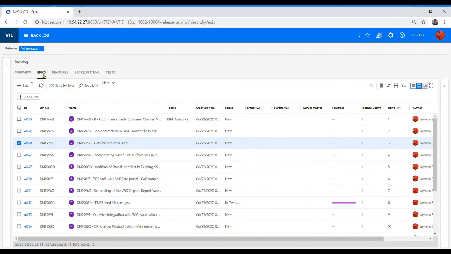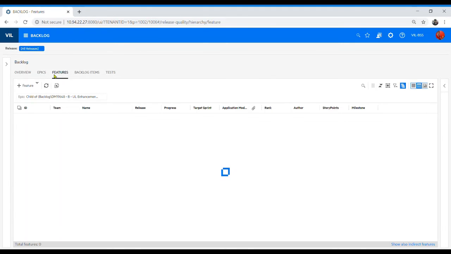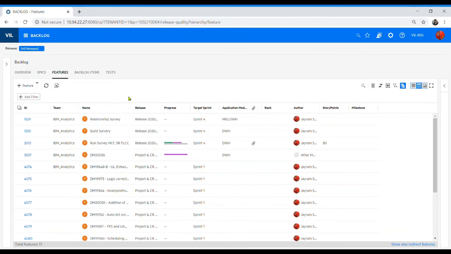In backlog, apart from epics, you will be able to find the list of features. So the list of features are nothing but the epics listed over there, broken down into features. So these features you will be able to see. Since we have applied the filter, that's why very few are coming. In every section, we have certain functionality where, if you want to add a filter, you can add and apply the filter so that according to your need you can select or find the features.